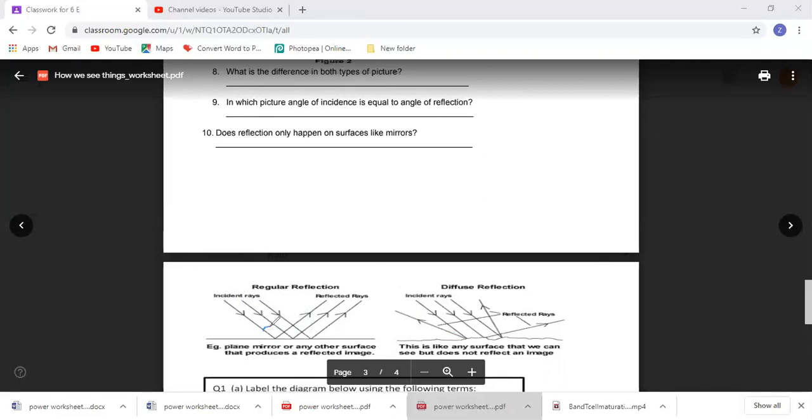So whatever the incident angle is going to be here should be equal to the reflected angle for this ray. Incident ray and reflected ray. So this reflected angle should be equal to this incident angle. Just like that, let's take this ray. If this is going to be a normal,